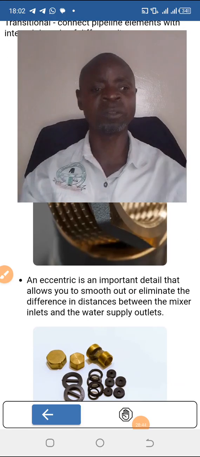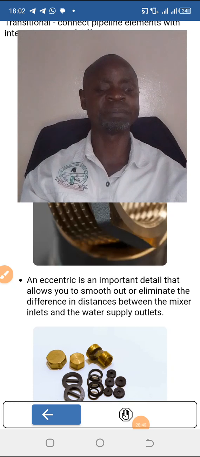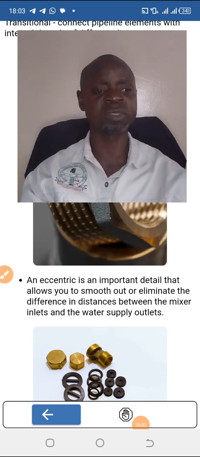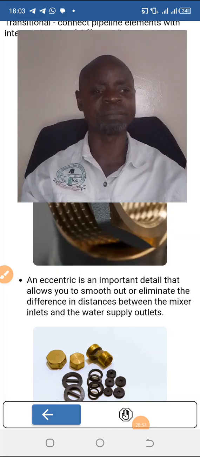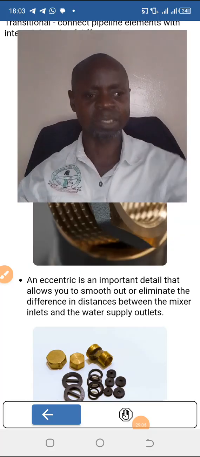Okay, we have also an eccentric. Eccentric is an important detail that allows you to smooth out or eliminate the difference in distances between the mixer inlet and the water supply outlets. Okay, so